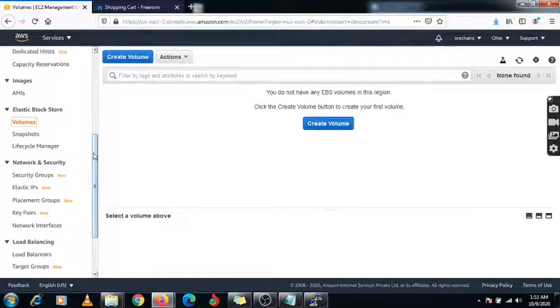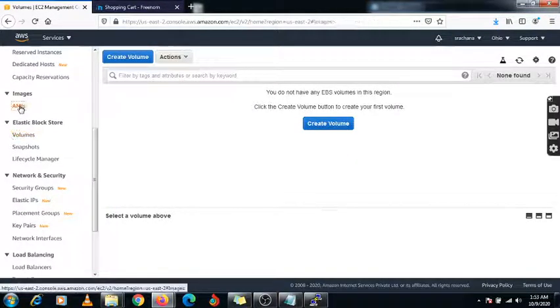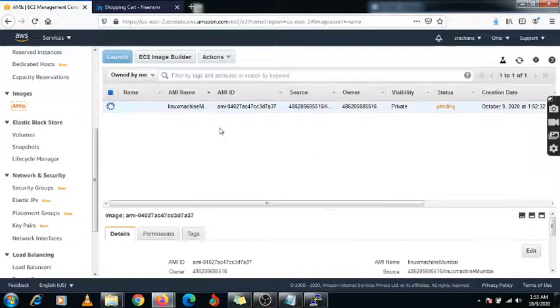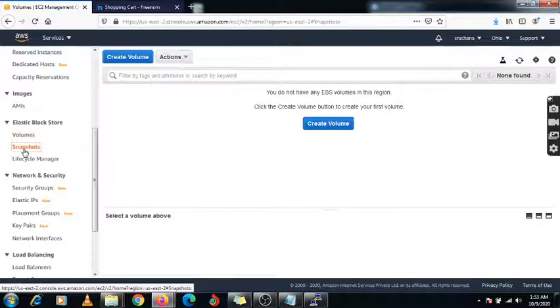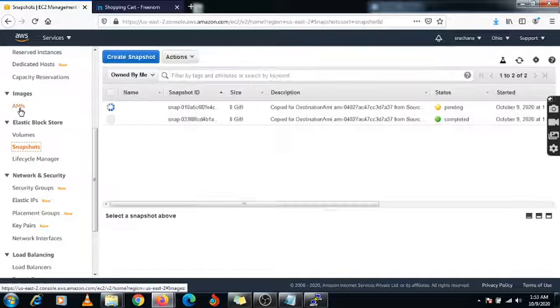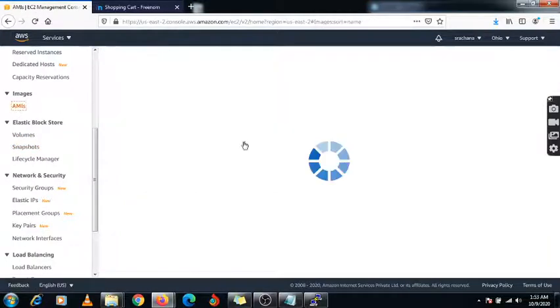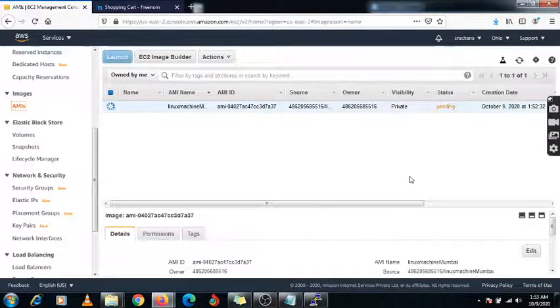Yeah, this volume is still not there because this AMI is not created yet. Once it is available, it will reflect under this volume and this snapshot. Yeah, the snapshot is now created. The AMI is still showing pending. It will take some time.